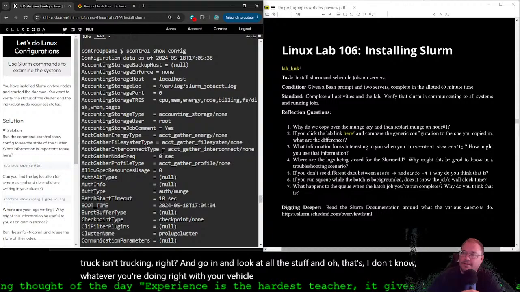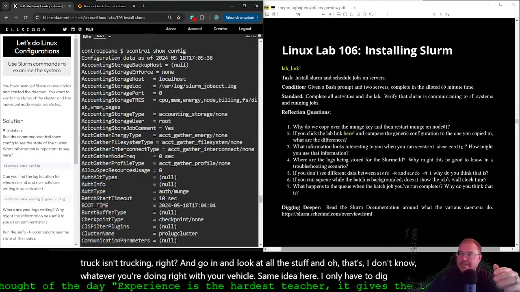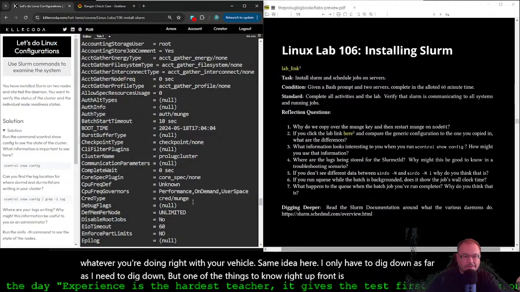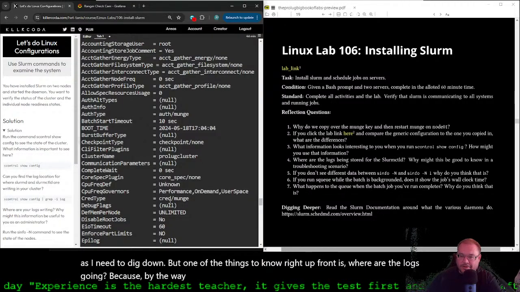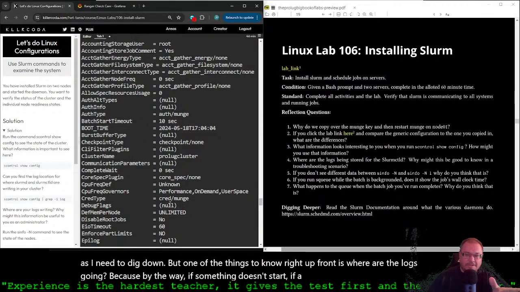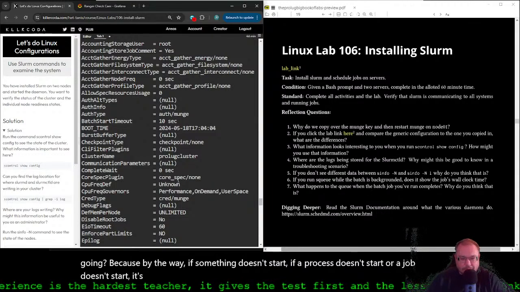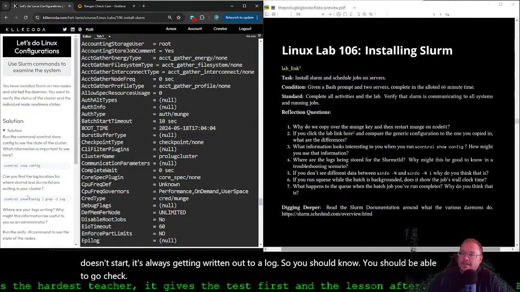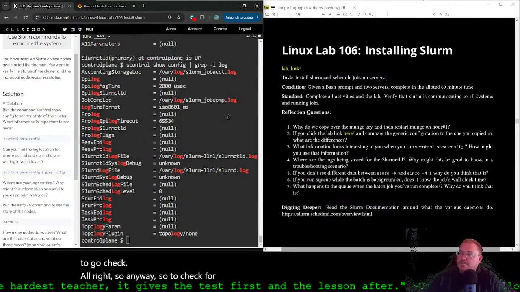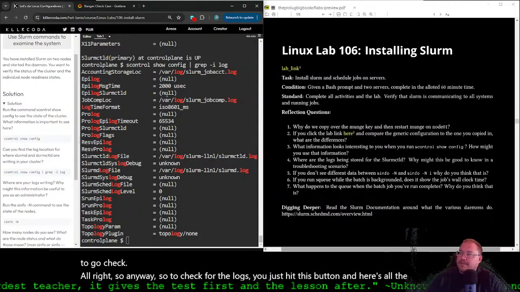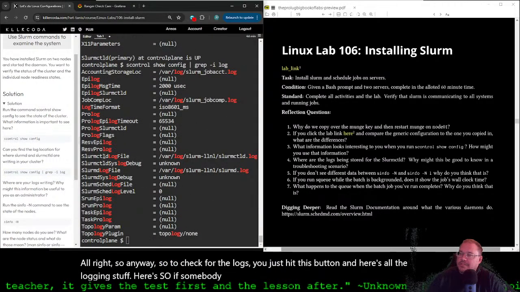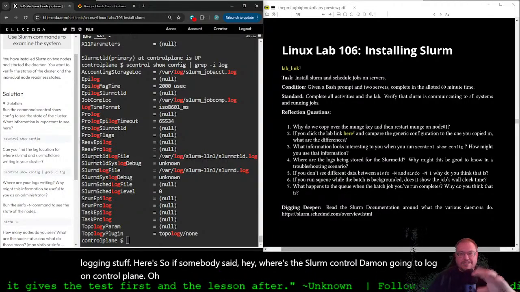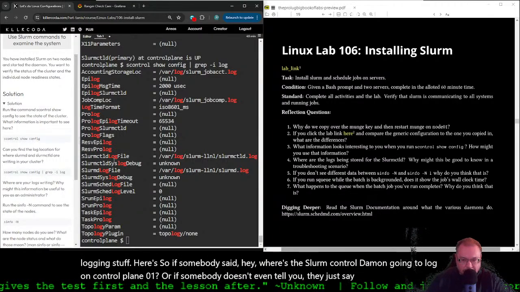Same idea here. I only have to dig down as far as I need to dig down. But one of the things to know right up front is, where are the logs going? Because if something doesn't start, if a process doesn't start or a job doesn't start, it's always getting written out to a log. So you should know. You should be able to go check. All right. So to check for the logs, you just hit this button. And here's all the logging stuff. So if somebody said, hey, where's the Slurm control daemon going to log on control plane 01? Or if somebody doesn't even tell you, they just say, hey, where's Slurm control daemon logging? And you go,